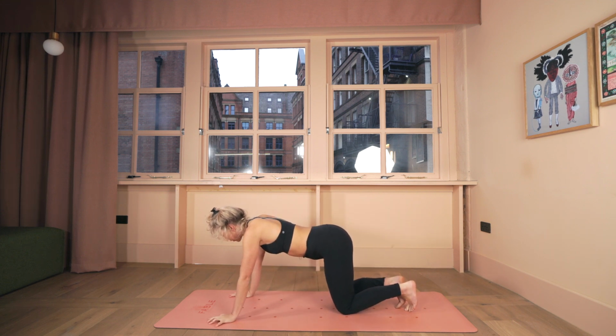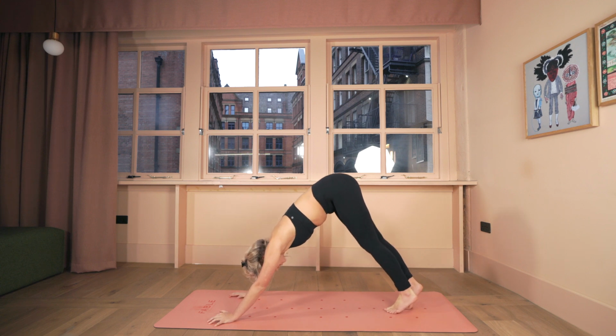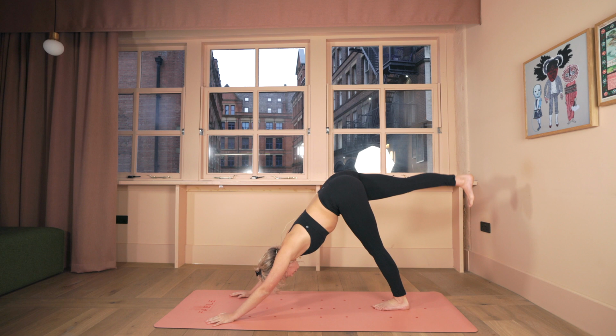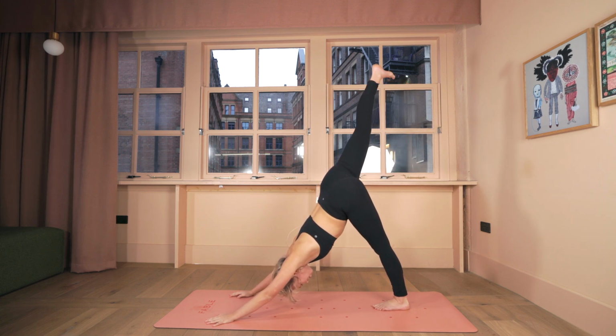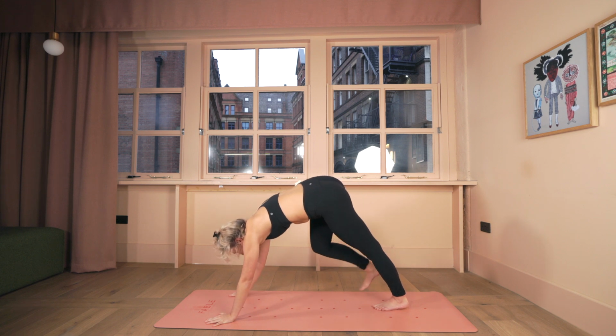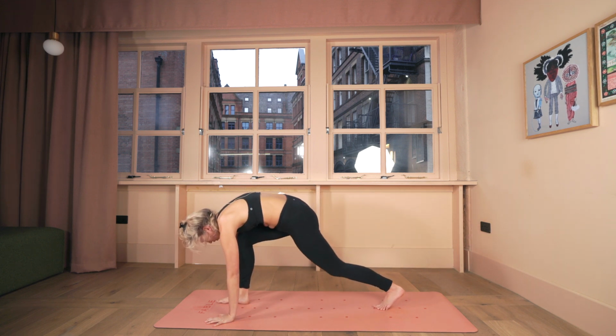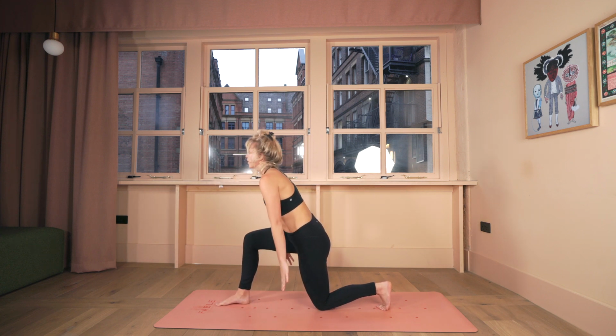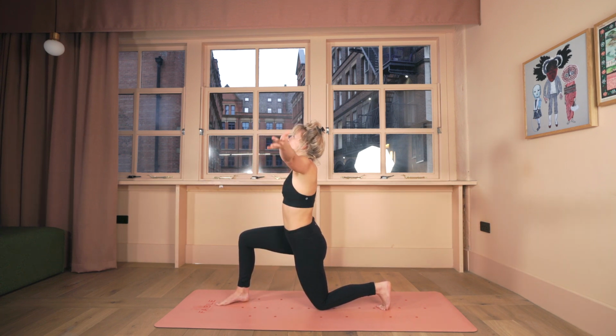Let's continue to work into the bottom half of the body. So with strong hands, lift your right leg up and back behind you. Breathe in. As you breathe out, step your right foot all the way forward in between your thumbs. Drop your left knee down, lift your arms up, so we float through Anjaneyasana, low lunge, but then you're going